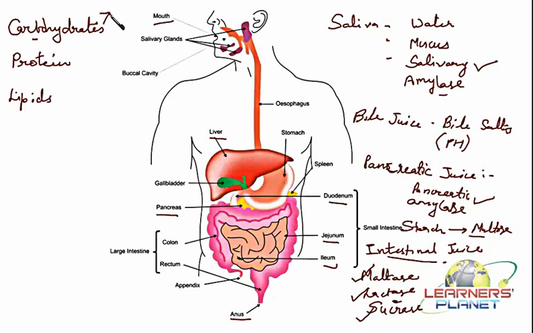Of course, it is in the buccal cavity. Then it does not occur in the stomach. Then further it takes place in the small intestine. How? By the action of these specific enzymes which come along with the secretions of the specific glands. Now, in a similar manner, questions are often asked like which organ is involved in the digestion of carbohydrates, right? So accordingly you have to prepare for that.